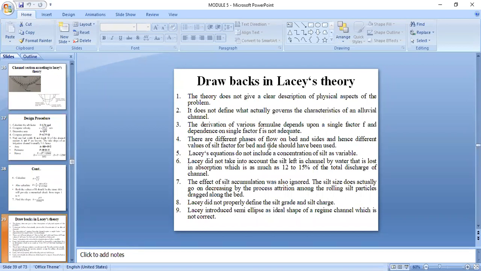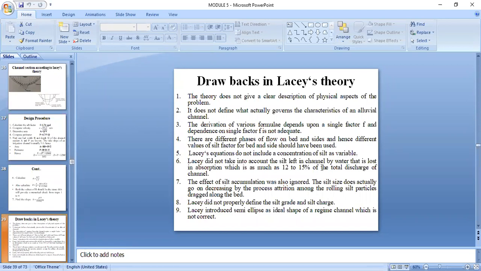And there are different phases of flow on bed and sides, and hence different values of silt factor for bed and side should have been considered. So it has not been taken. And Lacey's equations do not include concentration of silt as a variable. So here the silt concentration is not taken as a variable. Here the hydraulic mean depth is taken as a variable. And Lacey did not take into